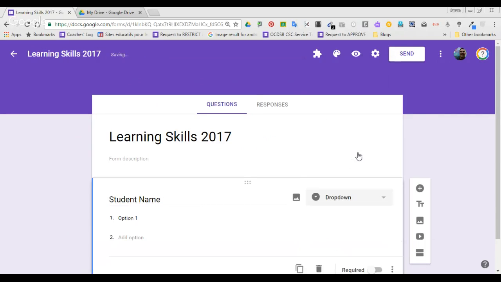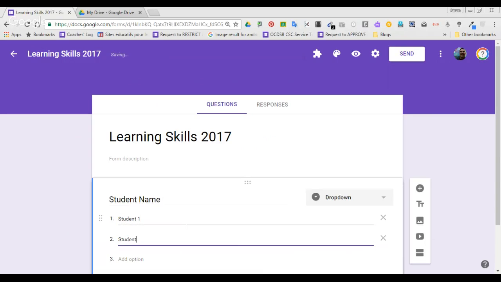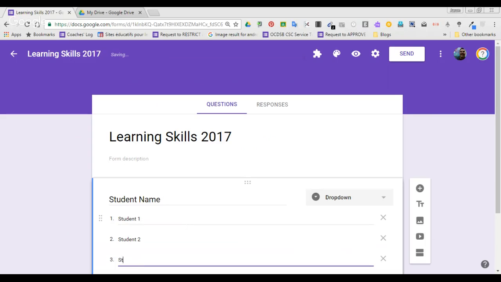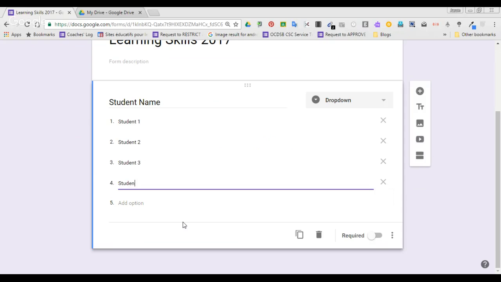And want to put a drop-down menu in. Again, student 1, student 2, 3, and we'll just do 4 students. We're going to head over to the right-hand side here